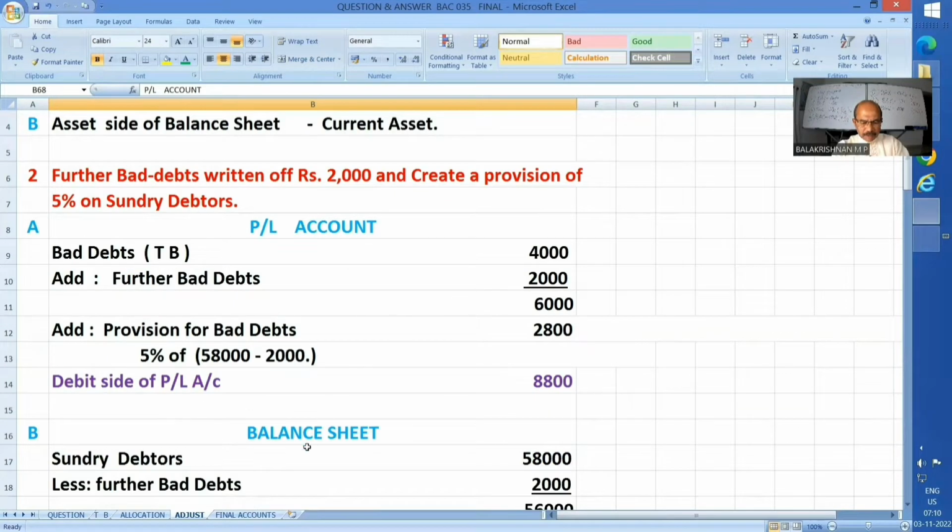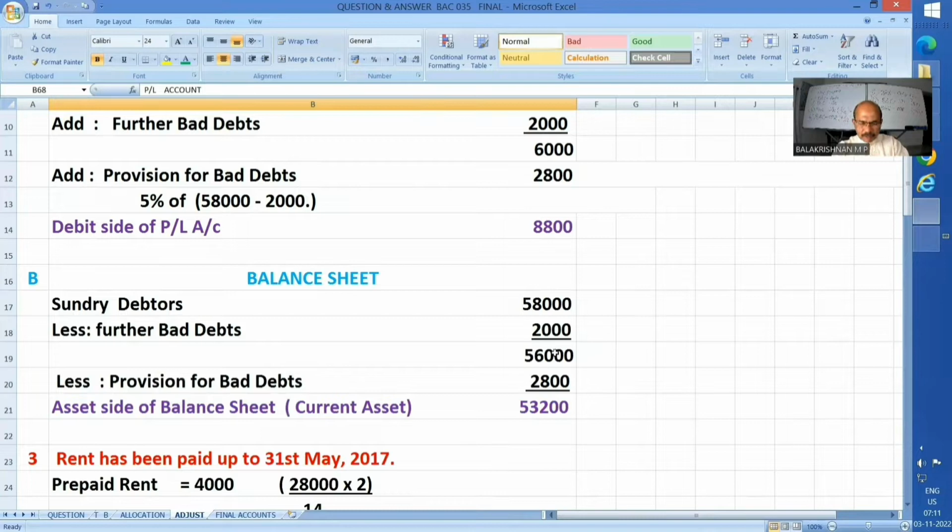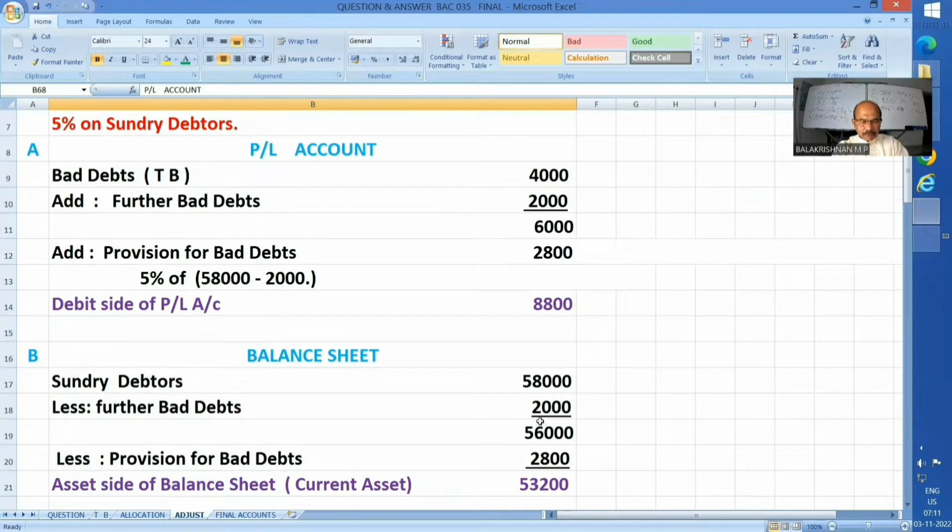So let me tell you, in the balance sheet you will show sundry debtors 58,000, the given figure in the question, less further bad debts 2,000, so 56,000. On this, we need to further reduce the provision 2,800, and in the balance sheet you will show it like this only. As far as the profit and loss account is concerned, the debit side will show bad debts 4,000,